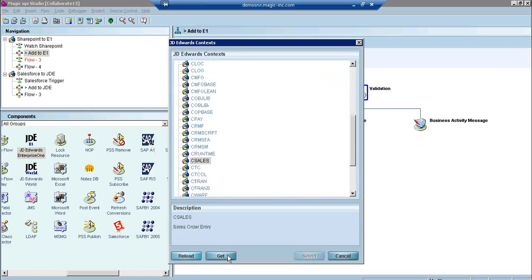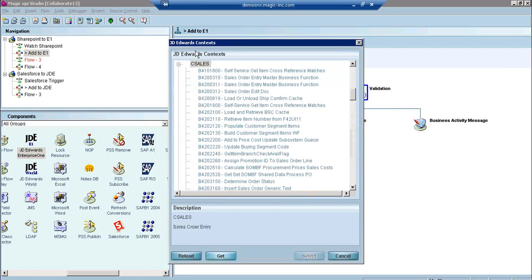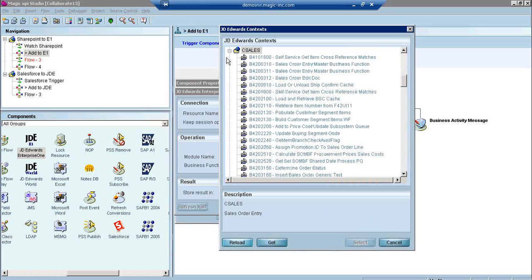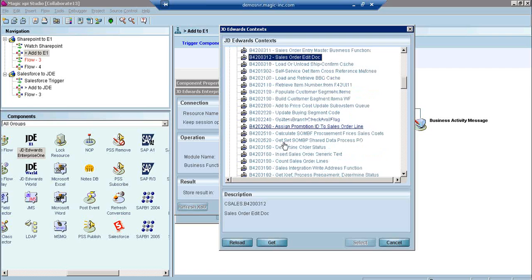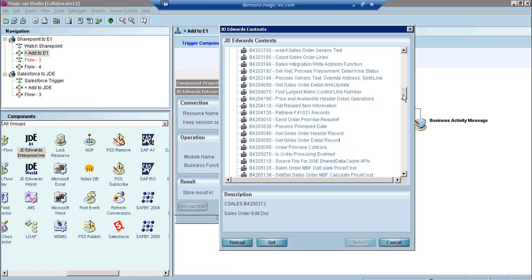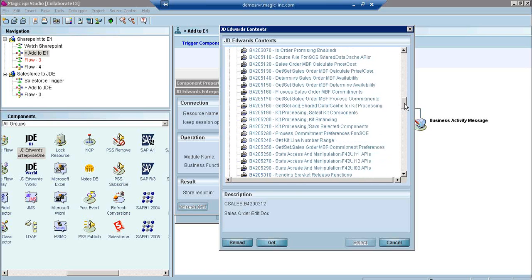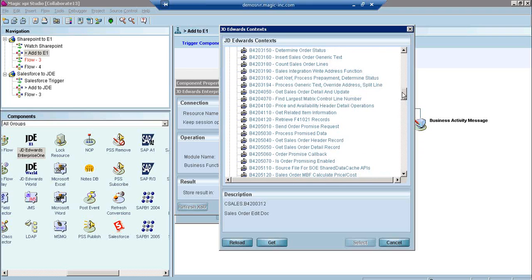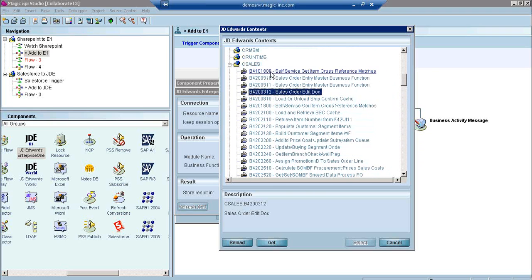These are basically business functions out there on the JDE server that exist, and we're able to log into it with what's called the dynamic Java connector. It's an XML interop in and out, and this basically allows the Magic XPI to go in and see which ones are there. Now, these could be custom business functions that your organization wrote or modified or installed, or they could be the default ones that came with the JD Edwards Tools release.